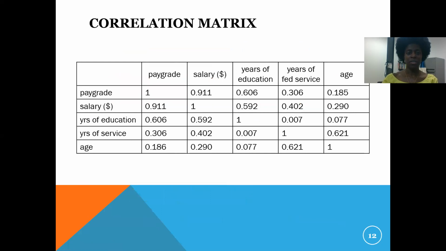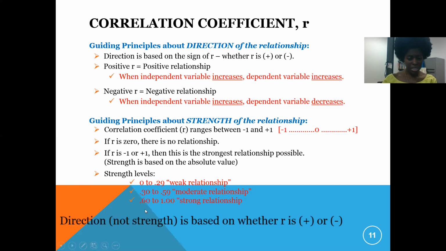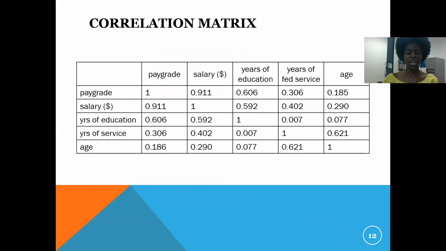0.606. What does that mean in terms of direction? Positive. What does that mean in terms of strength? Well, let's take a look. 0.606, again, we would have a strong relationship. In terms of direction, it's positive. In terms of strength, it's strong. All right, so